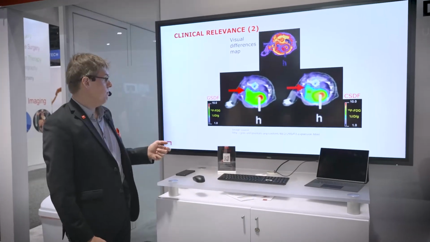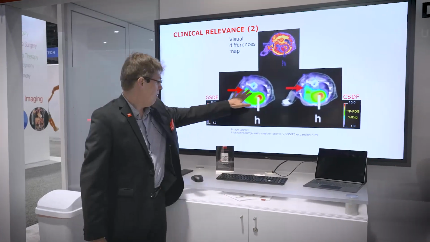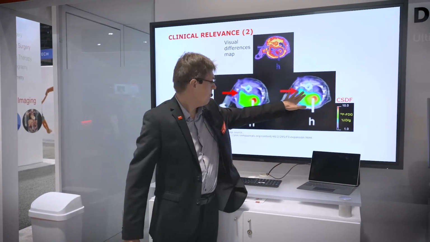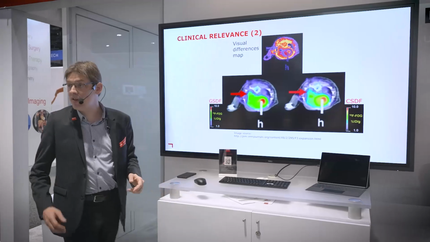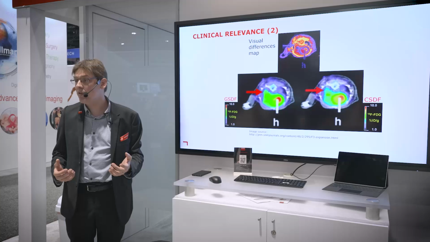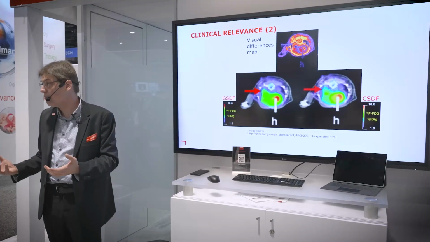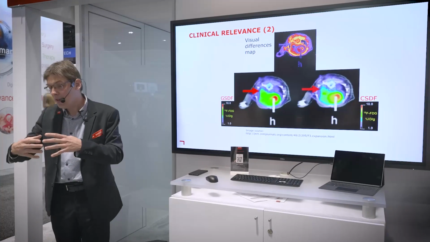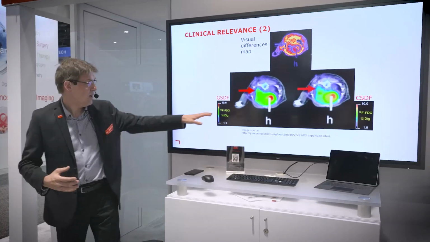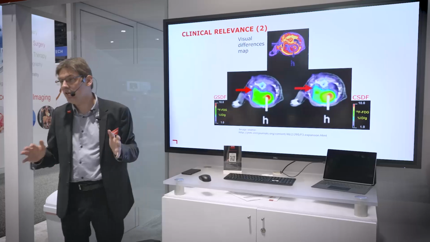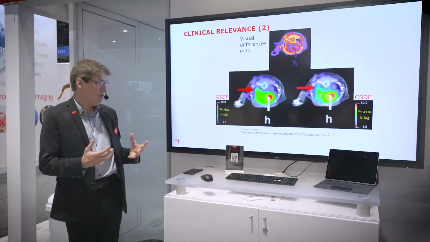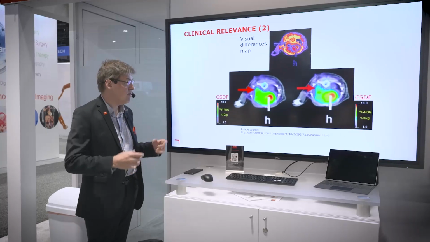If I zoom in, you also see that here. So without calibration, this looks all the same, but in reality it's not the same. So there is information present that you do not see. And this can be clinically very relevant because typically if you use PET tracers, it's to get a good imaging of a tumor, for example. So in this case, seeing the tumor margin is very hard. There you get much more information on the shape and the size of the tumor.